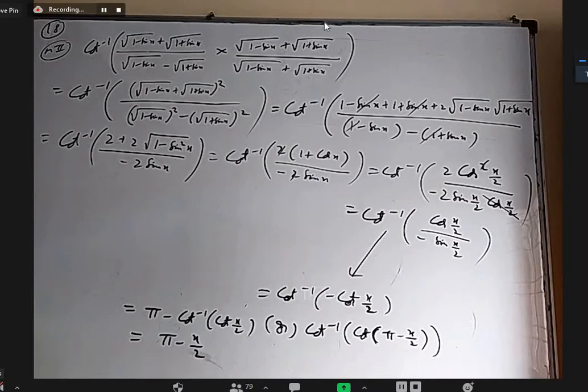Sir, we can take a as tan x, b as tan y, c as tan z. Okay, already you can use a formula first of all. We know tan inverse of x minus y by 1 plus xy is tan inverse x minus tan inverse y. Yeah, so we are trying to reprove that formula. So instead of that, you can directly use the first expression: tan inverse A minus tan inverse B. Second one is tan inverse B minus tan inverse C. Third one is tan inverse C minus tan inverse A, and they cancel out. That's it. You get 0.